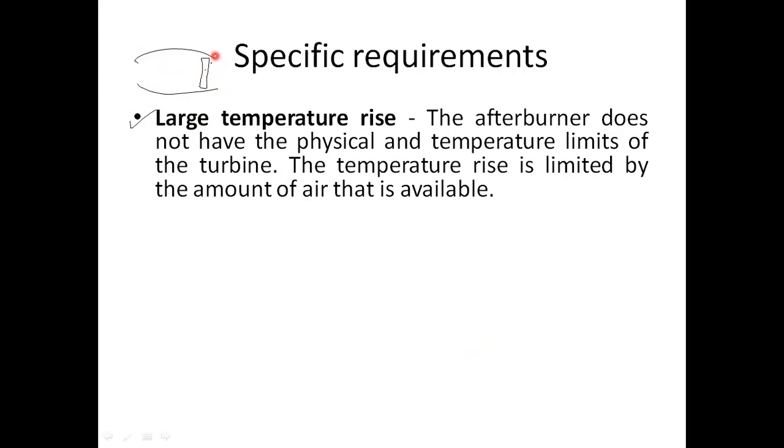So after the turbine, there is a next section, the afterburner. Behind the afterburner, there is no new turbine. I'm just going to add fuel here, and an ignition here, and the air coming over here already has the oxygen. These three combine together and start a flame over here. The exhaust gases go directly outward and give me the thrust. So I don't require a turbine behind this, and that limitation is removed.